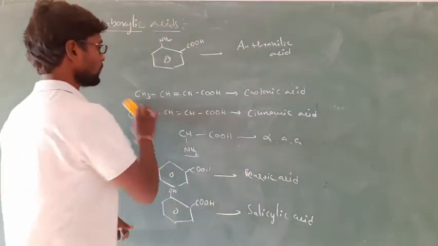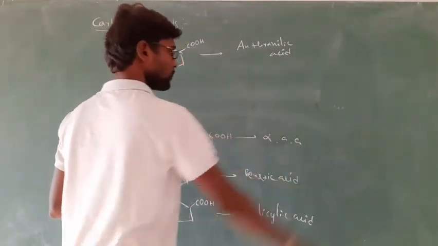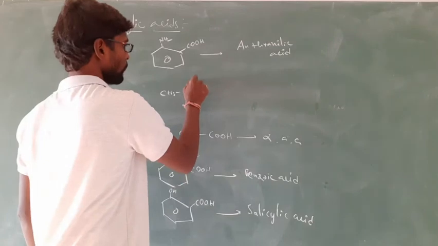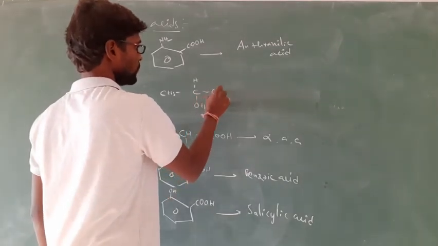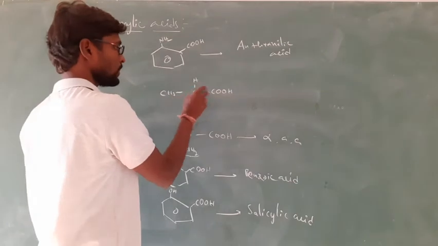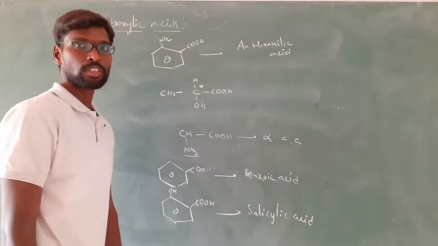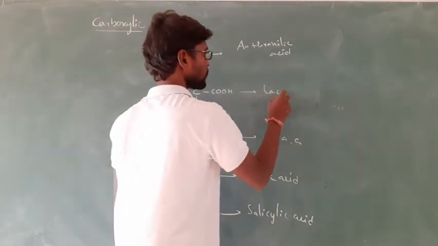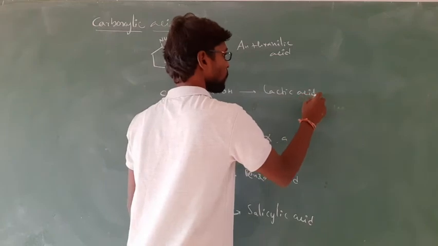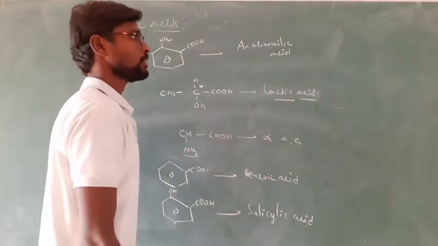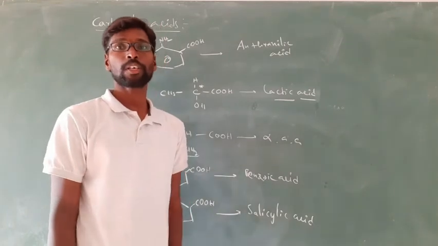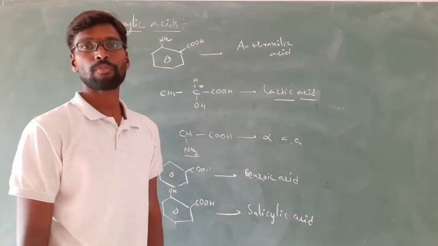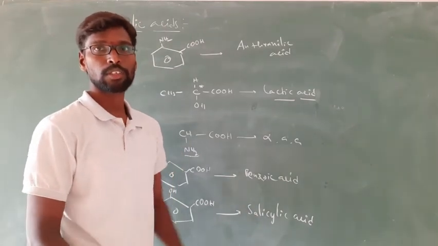So next one we have lactic acid. So what is lactic acid? CH3, C, I'm writing here H, OH, and COOH. Actually, lactic acid is generally used in optical isomerism because it has a chiral center in it. So this is called lactic acid, right? Lactic acid, which you will get in curd. So these are the important carboxylic acids in our daily life, which we get from our biological systems.